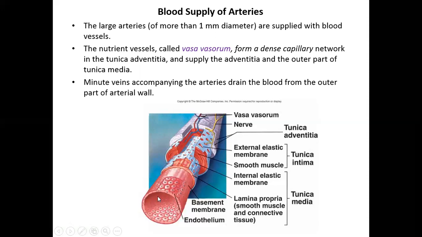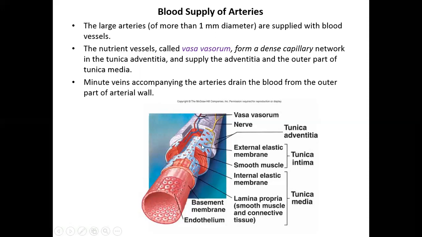So even though the blood which is flowing inside the vessel or big artery, the nutrition can be drained through the blood which is flowing inside the artery, but this can happen only to the level of almost the middle of tunica media. But the outer aspect of tunica media and tunica adventitia cannot take the nutrition from the blood which is flowing inside. So there we need some other extra nutrition to this area, and that is supplied by the nutrient arteries, which are called vasa vasorum.